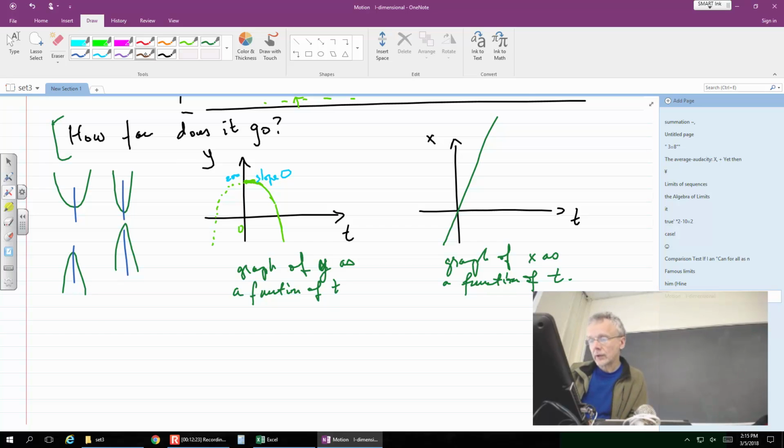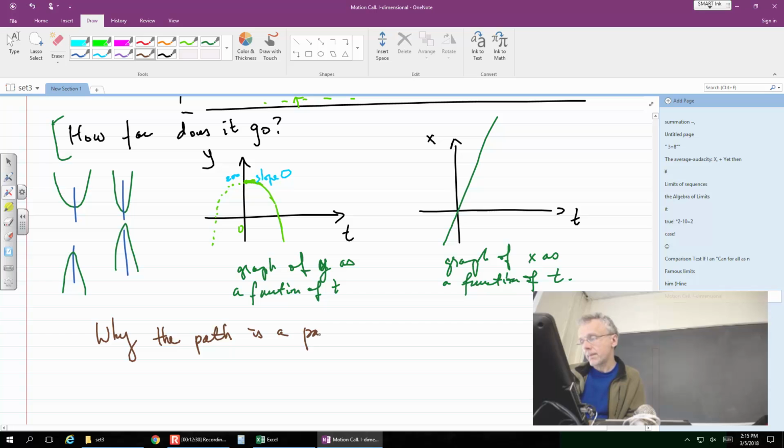We need to demonstrate why the path is a parabola. So once again, our motion is made of these two functions. One of them is a parabola, the other one is not. The path is what would be traced by an object, however,